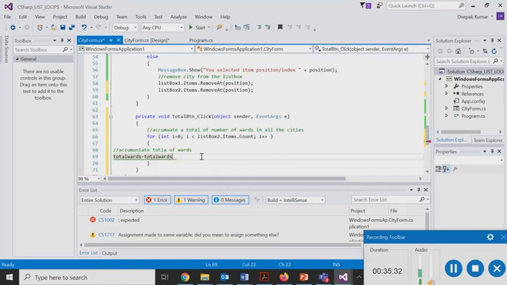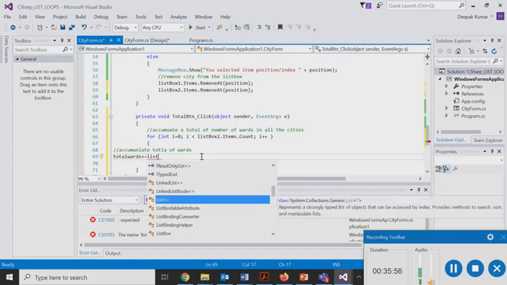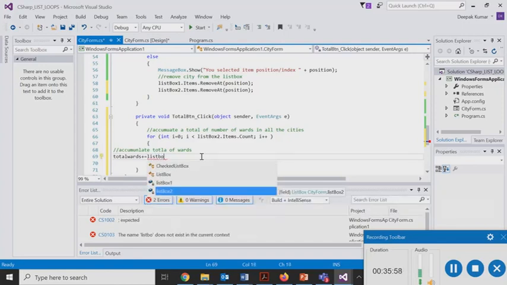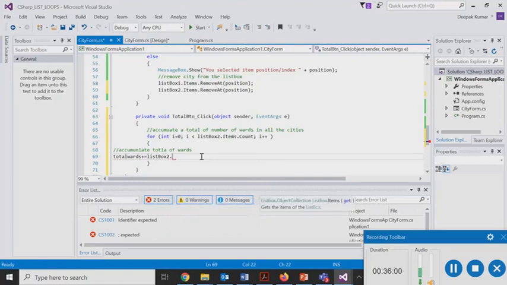Either we can do that, or we can say total wards plus equal to, which is called a shorthand assignment increment operator, which is reducing our code, and we'll say list box 2 dot items.